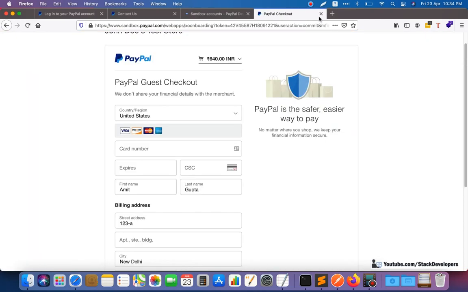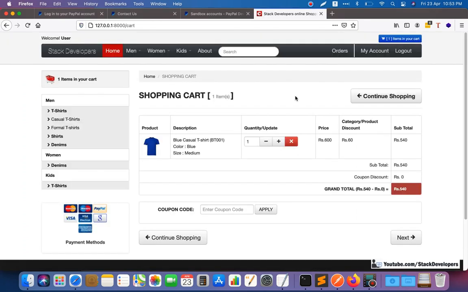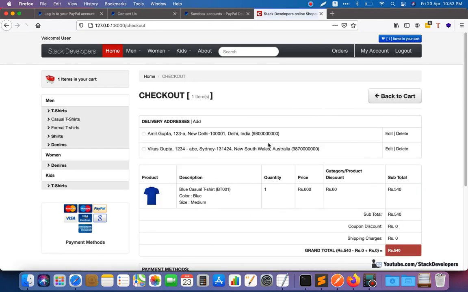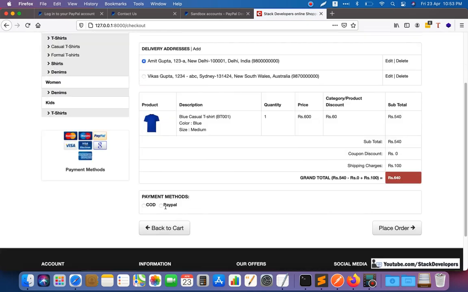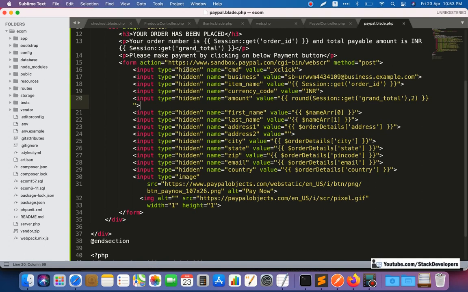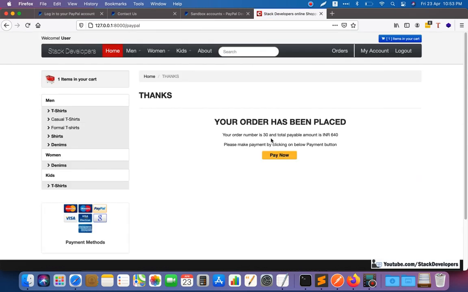Okay, so now we can go back once again and we'll try from scratch. We will try once again, and here we reach the cart page, and you can see one of the products is there, and we are going to purchase this product, and we will select one of the delivery addresses here. We will also select PayPal as the payment method. Order total is 640. Now we are going to place the order, but before placing the order, I have converted all tests to hidden as well. So we are going to convert back to hidden. Now I'm going to place the order, and see the order has been placed successfully.